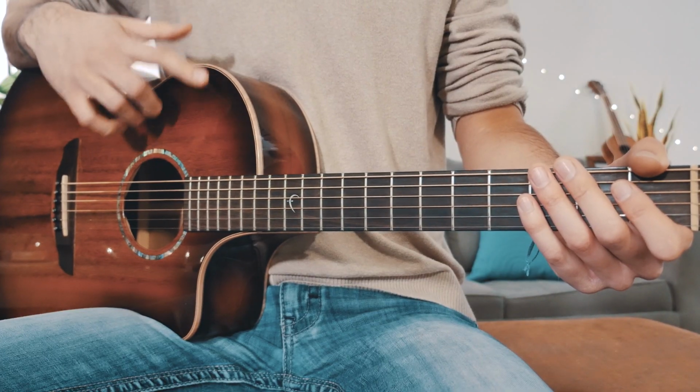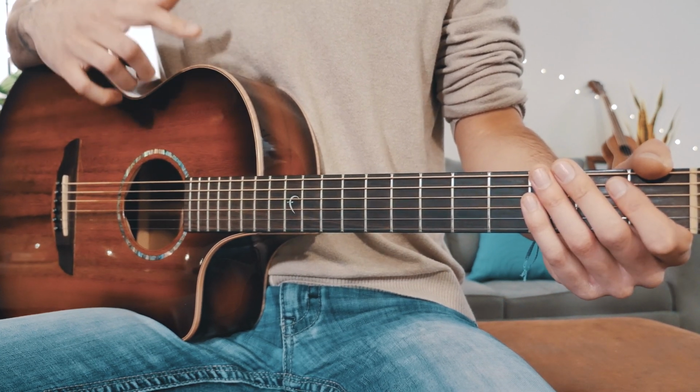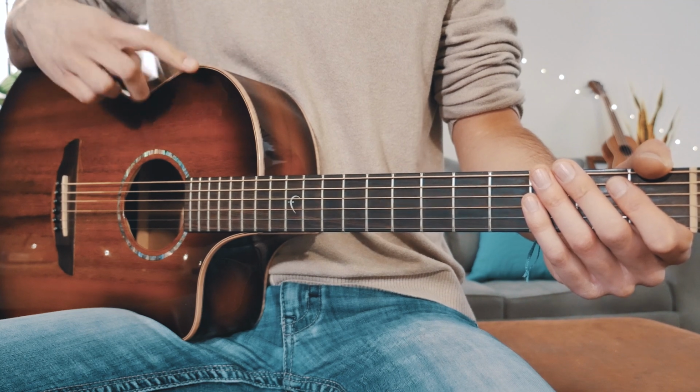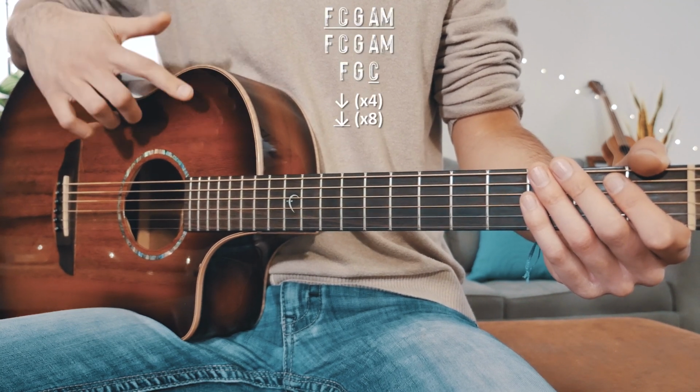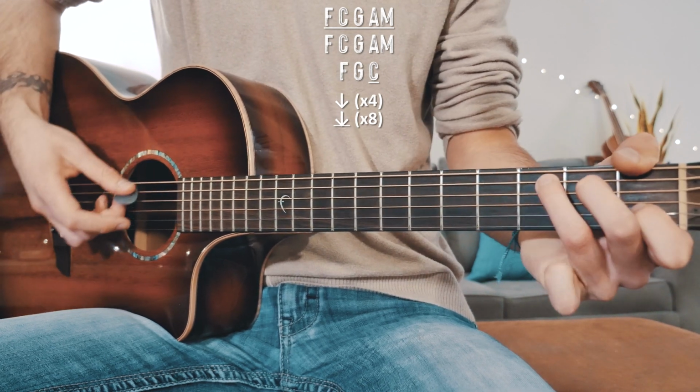From there, guys, the only other thing that you need to know to play Be a Light on guitar is what we're playing for the choruses. For the choruses, we're going to have a chord progression and 2 strum patterns to go along with that chord progression. Our chord progression for chorus is going to be F, C,